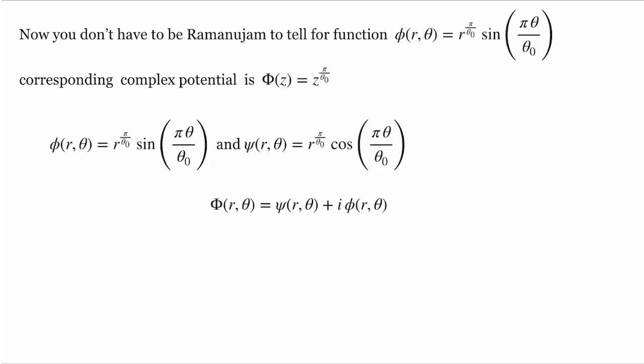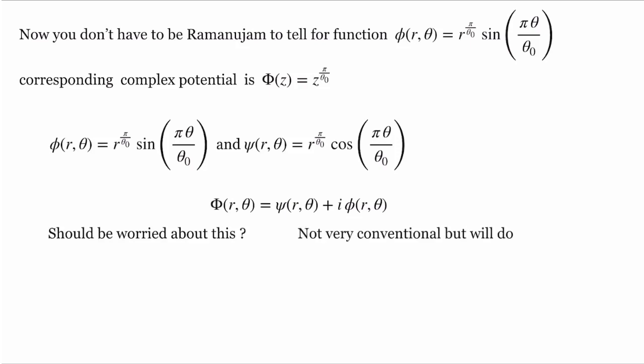Complex potential, they are harmonic conjugates of each other, so you can write them in terms of any order which you like. One doesn't have to specifically use the real part as the potential and the complex part as the harmonic conjugate. You can write it the other way around also: the complex part as your potential and the real part as your harmonic conjugate. Should we be worried about interchanging these two?